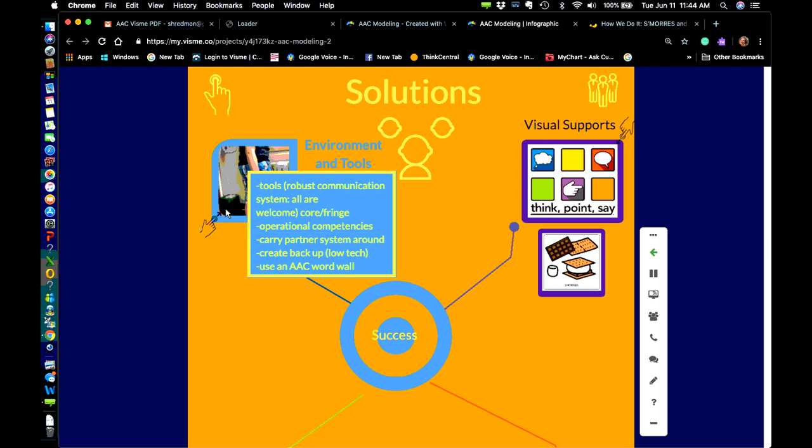And so they're put in a very structured way in order to utilize those core words. But having that word wall is just not for, if you think about it, it's more of a UDL type of structure in a classroom or in a home. It's for everyone to use and everyone to be able to learn those words, not just the AAC communicator. And what does the word wall then give you? The AAC communicator then gets to see their peers and other people interacting with a system that looks similar to theirs.